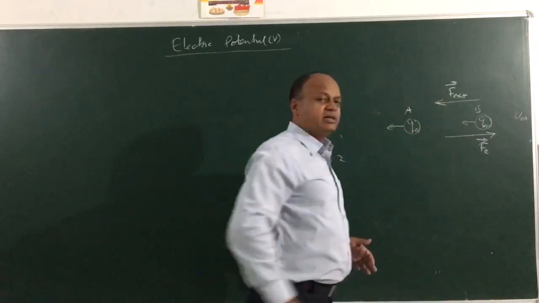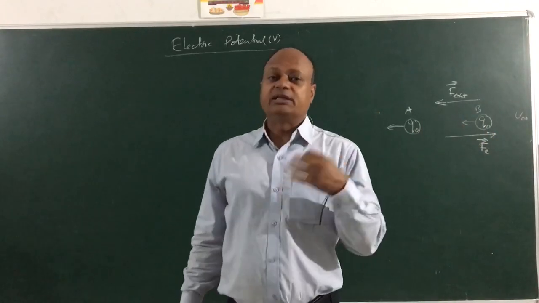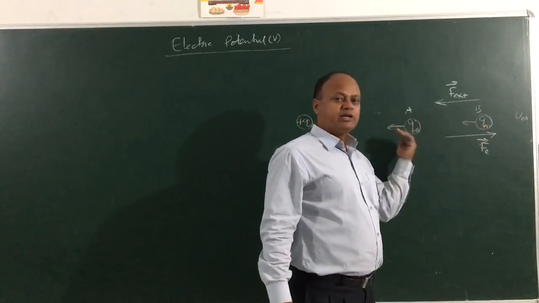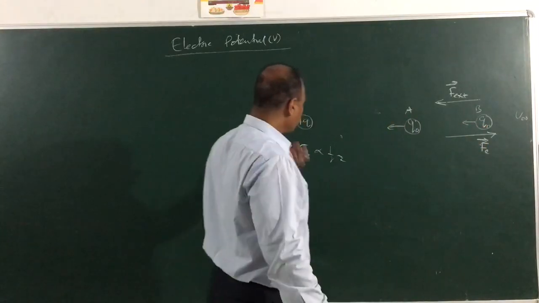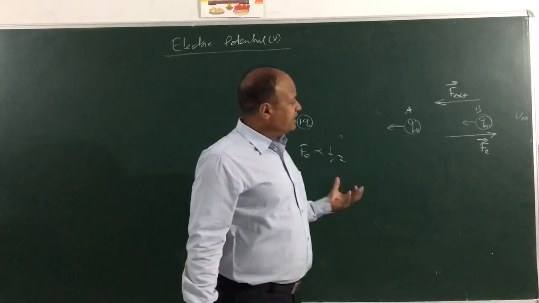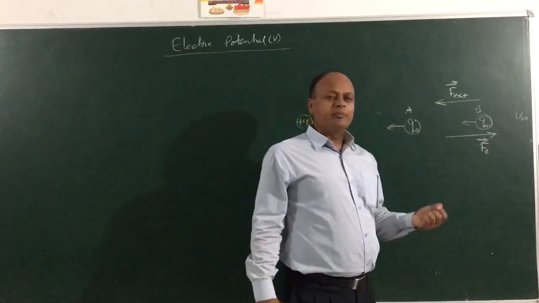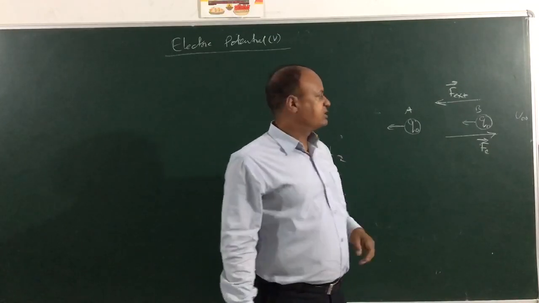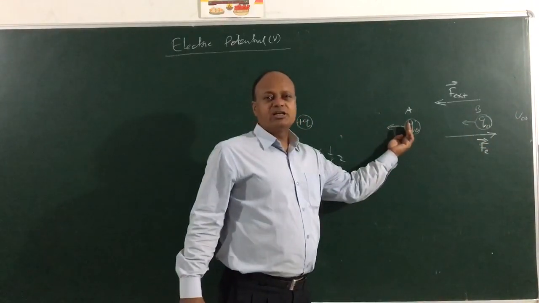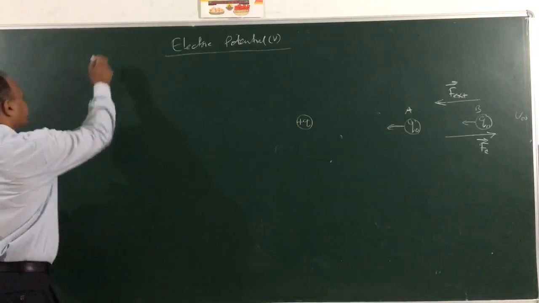As I am bringing it closer, you can see that I am doing work, and you know that when work is done on the system, its energy what? Increases. Its energy will continue to increase from point B to A. Now, where does the potential come into all this? Actually, potential is the amount of work which we do in order to bring 1 coulomb charge from infinity to a given point in the electric field. Right?